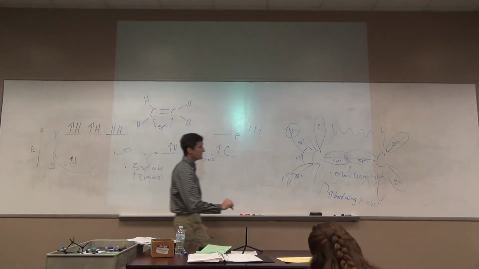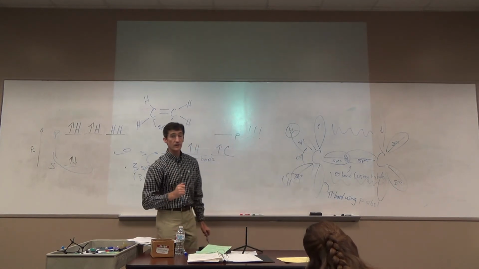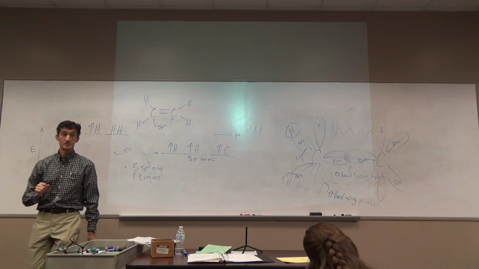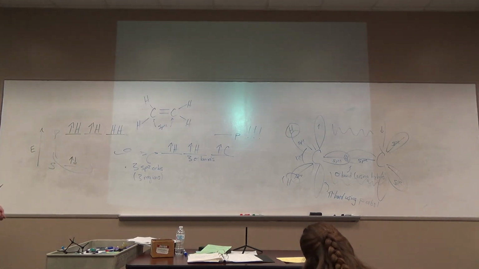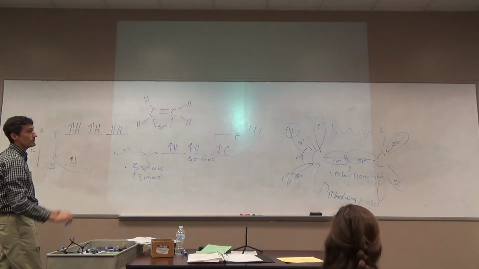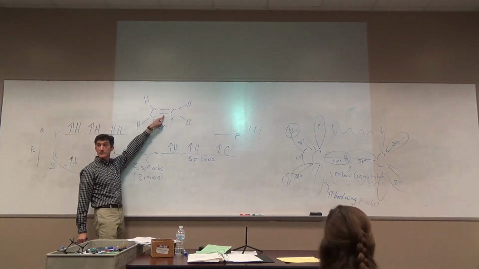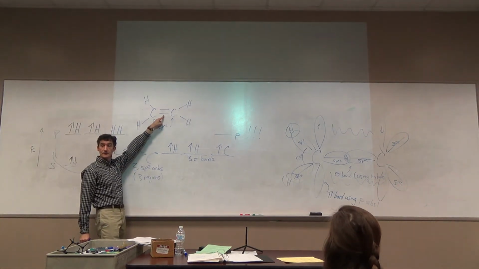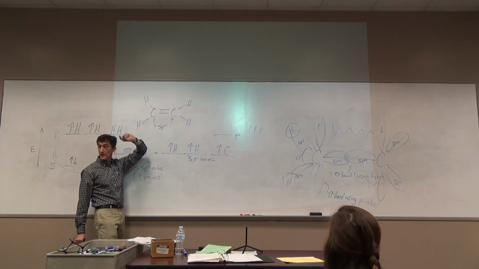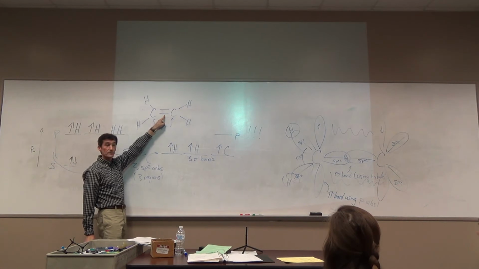Okay? So how many bonds do we have between the carbons? Two. A sigma and a pi, and we call the two a double bond. How about that terminology? Two is double. Sigma bond, pi bond. That's why whenever we look at a double bond, we see how many pi bonds. A degree of unsaturation, a pi bond is a degree of unsaturation. I see one pi bond here, right? And a sigma, that's why it's called a double